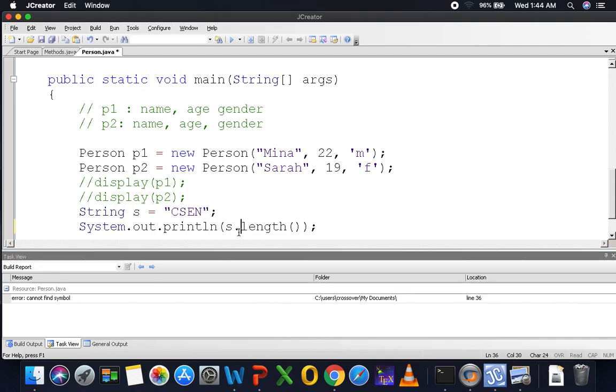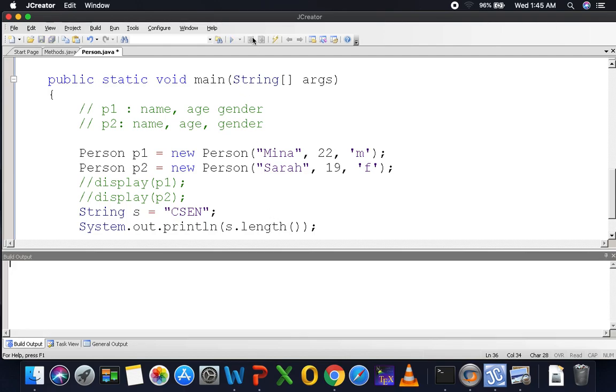And that's why the way we will do it is to take the method and invoke it on an object of type string in this case. S.length. This is now an instance method. The instance method takes 0 parameters. However, I am defining the length method in the class that is called string. It's a predefined one. And once I want to use it, I will invoke it on S. Now, once I do it, Java will tell you, I know exactly that there is a method called length in the string class, and this method will be invoked on any object of type string, and that's why you will get the length of the string,